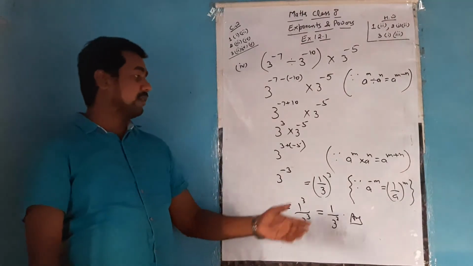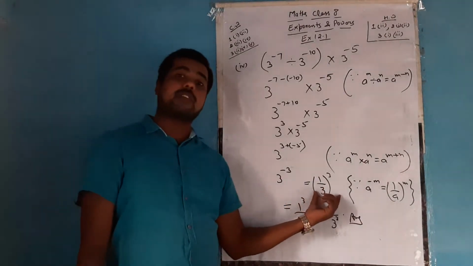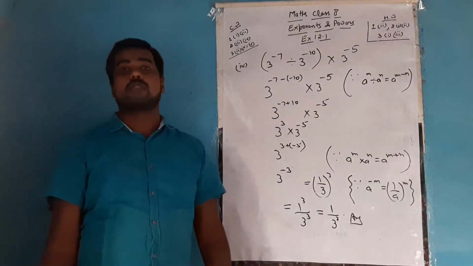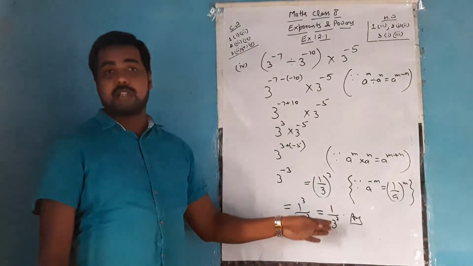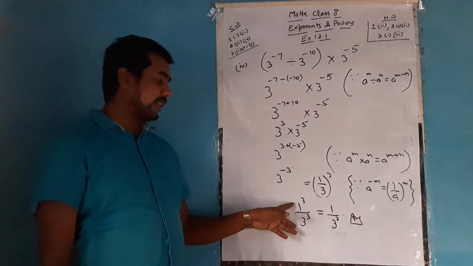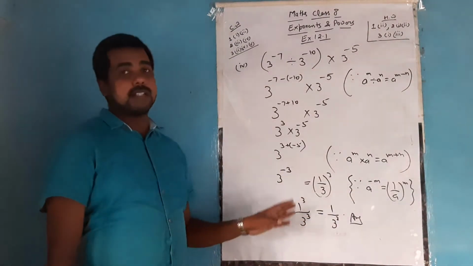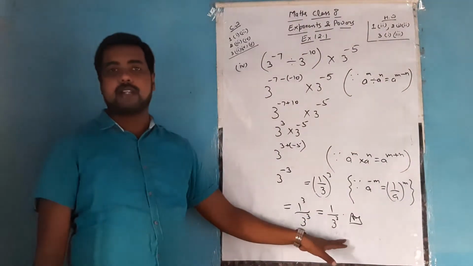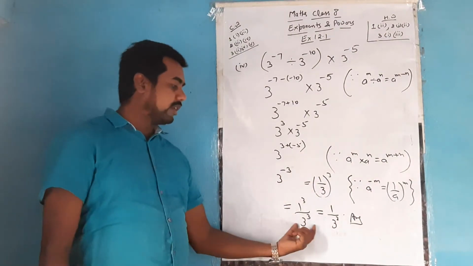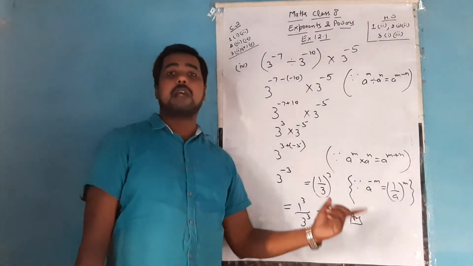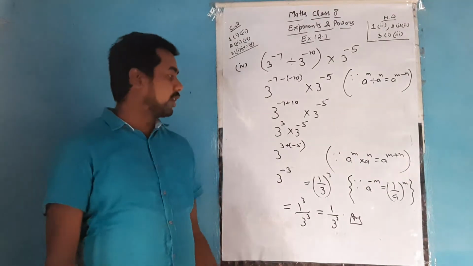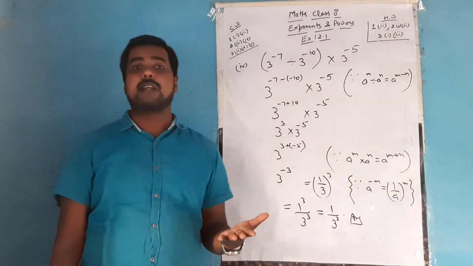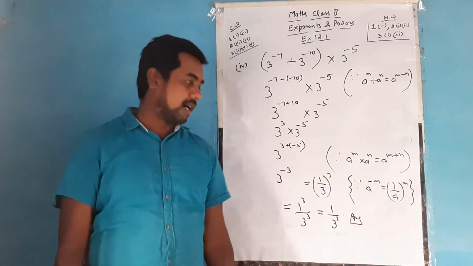You can leave the answer here, but leaving the answer here will result in an incomplete step, because as you know, after this there is a process of distributing the power. So here either you may leave the answer here because the answer should be in the form of exponent, or you may leave the answer here. This will be the final answer. We are having 2 ways, either you leave the answer here or you leave the answer here, but the answer should be in the form of positive exponent. You cannot leave the answer here. If you leave the answer here, that will be called an incomplete step and will result in deduction of marks.